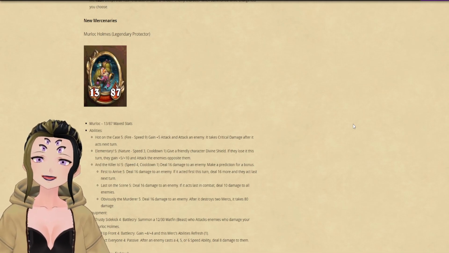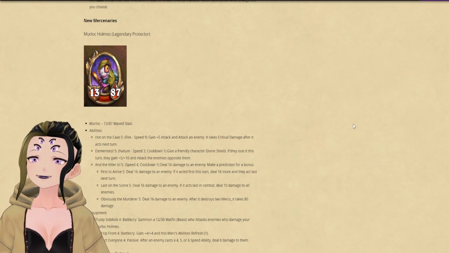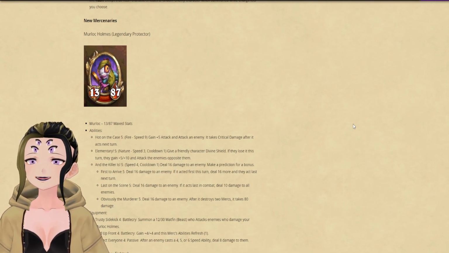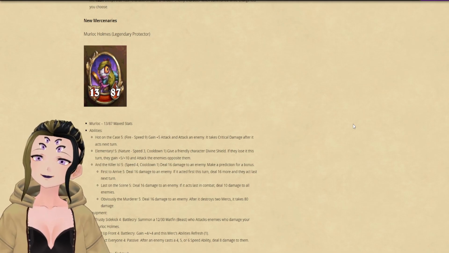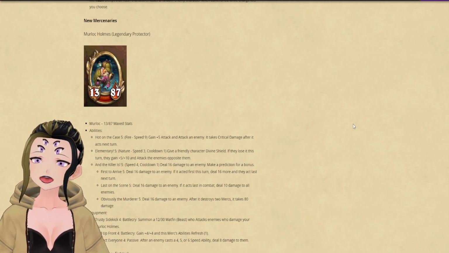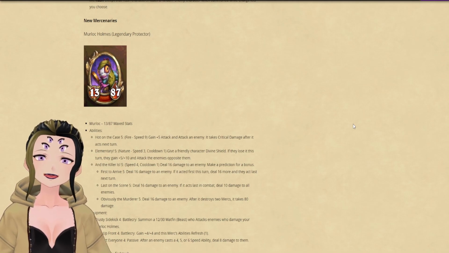Good as a counter for Trigor, I would say. Last on the Scene, which is deal 16 damage to an enemy. If it acts last in combat, deal 10 damage to all enemies. Really bad against Trigor in particular, but you're not going to be ever guessing it last if it is going to be versus Trigor. So this probably is useful if you want to get rid of some of your opponent's